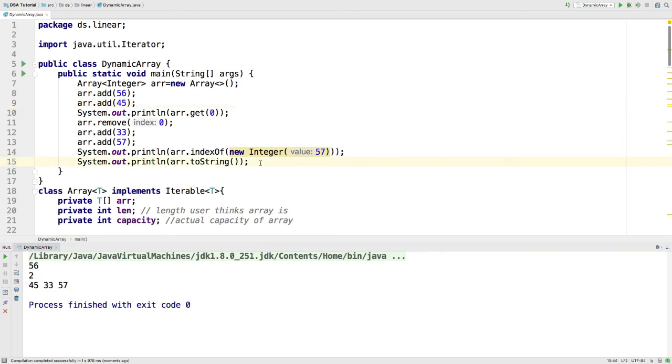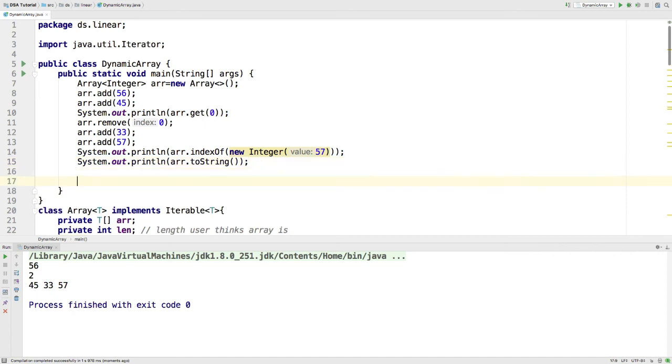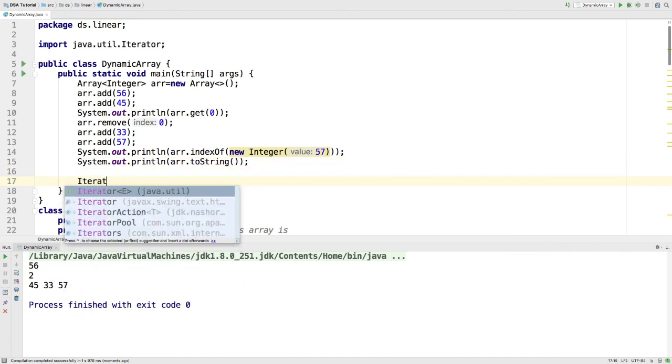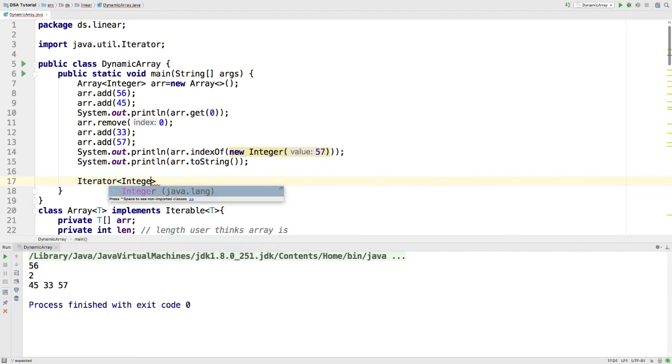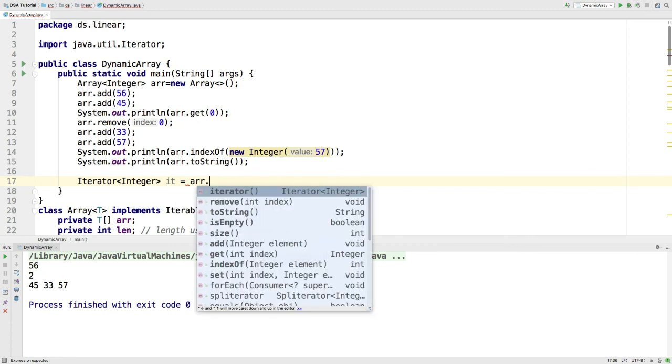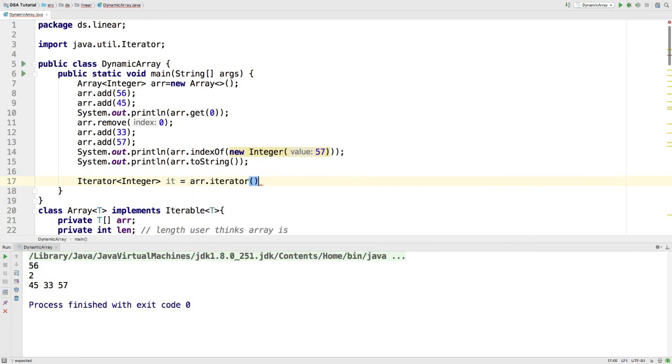Now if you want to implement the iterator, you have to take an Iterator, and since it's an integer, Iterator of Integer. Let's take the variable name as it, and it would be arr.iterator.